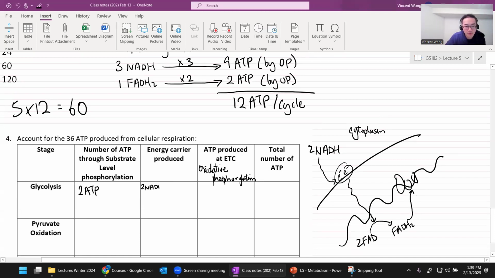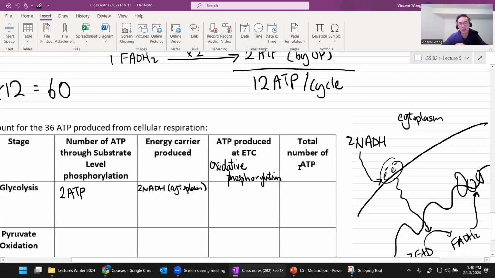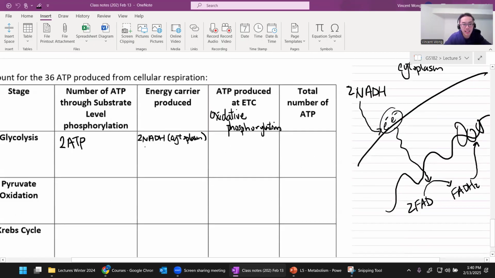And the reason for it, once again, is because these are in the cytoplasm and they cannot cross the membranes to get to the ETC. So instead, they will just pass the electrons to FADH2. They cannot pass it to another NADH because when the electron crossed the membranes, it used up some of the energy. Okay, and then these will take it to the ETC,